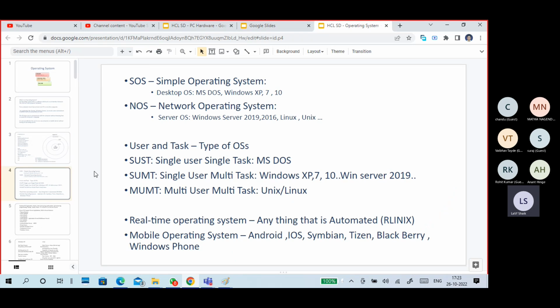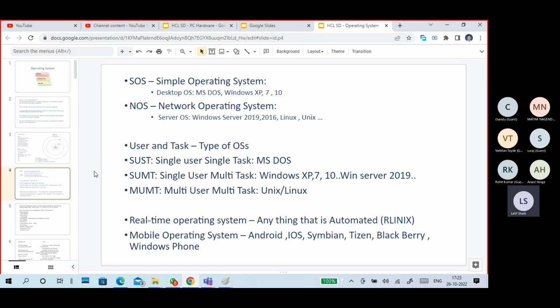Guys, in operating systems, we have two types and three types kind of stuff. In operating system, we have a simple operating system and a network operating system, NOS. Simple operating system is like a desktop operating system, like MS-DOS, Windows XP, Windows 10, Windows 11.